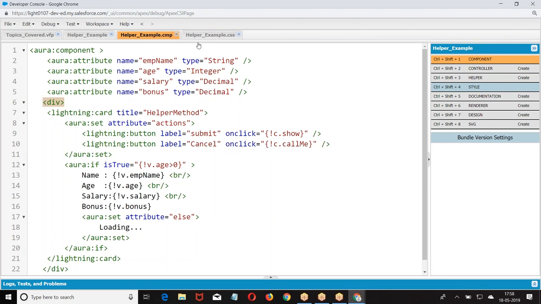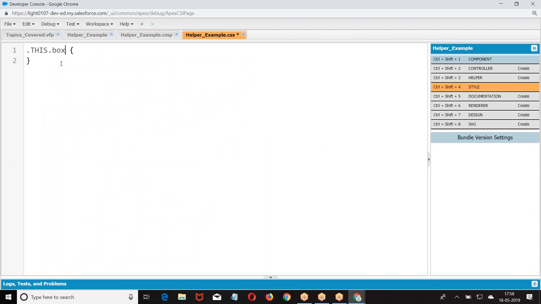So this will be .box, width 200 pixels, height 150 pixels, margin 20.